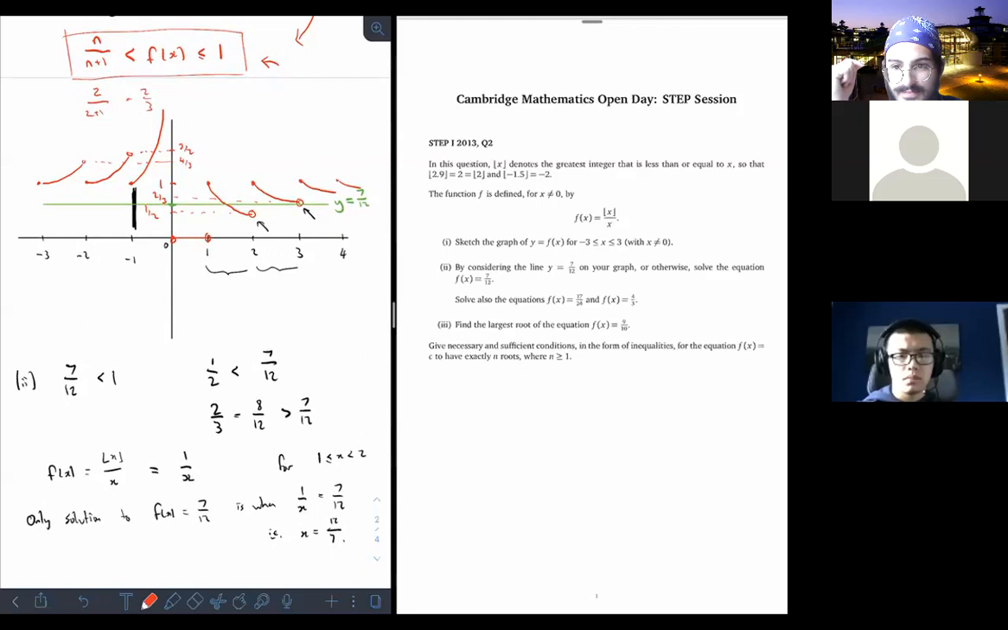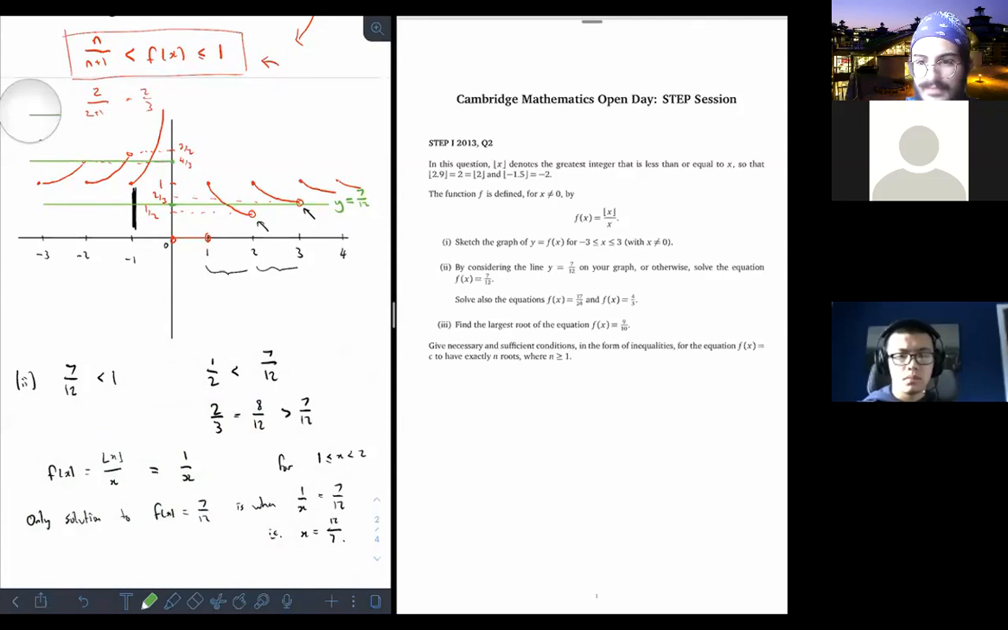So the next part of the question asks us to also solve more equations, f of x being 17 over 24 and f of x being 4 over 3. And we can do this in exactly the same way. We just need to find out where 17 over 24 lies on the graph and where 4 over 3 lies on the graph, and then find which values will hit. And so, for example, 4 over 3, we can already see we've got 4 over 3 on the graph up here. And so the only intersection points